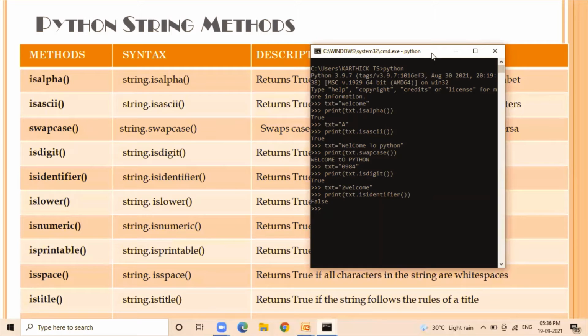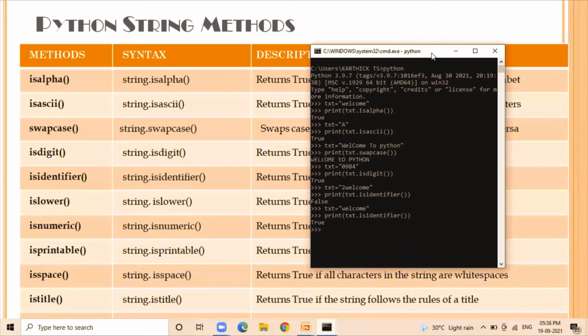So if you start with a letter in the string, then you can use isidentifier, it shows true. So this is how the isidentifier function tests for the rules of creating an identifier.